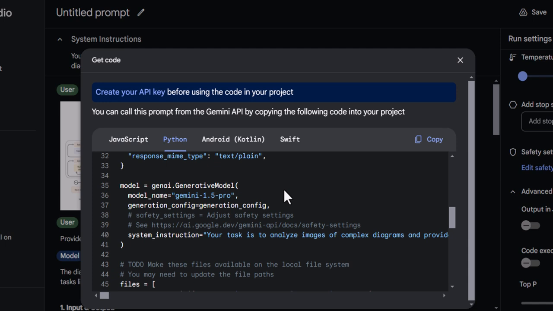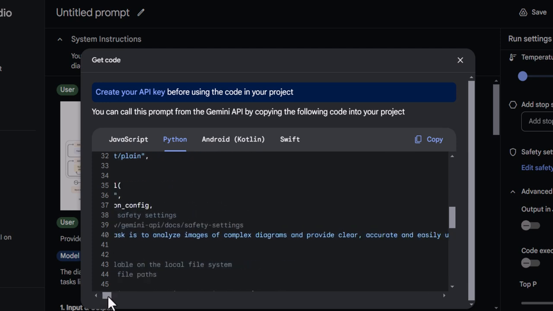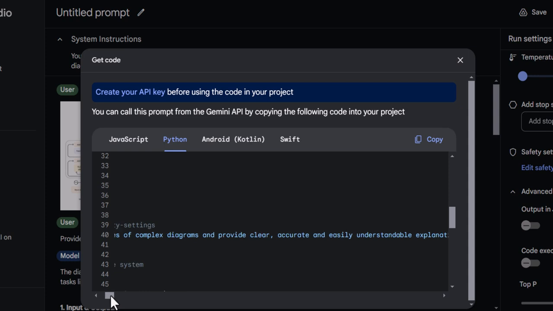Next, we create an instance of the model with genai.GenerativeModel. Here we add the specific model that we're using, which in this case is Gemini 1.5 Pro. We add the parameters with generation config. Here is where we can also add the safety settings, but we're not going to worry about that right now. And then as well, the system instruction that we created, which explains the task of analyzing images of complex diagrams